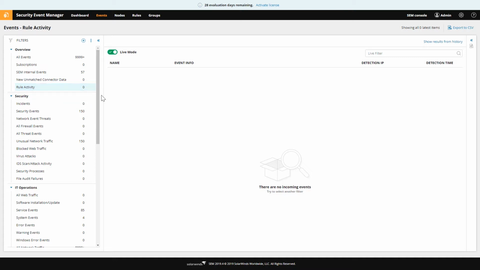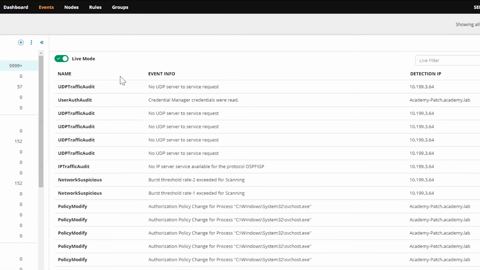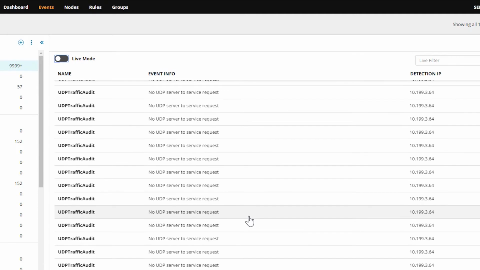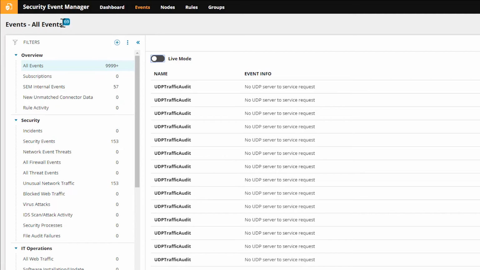Okay, now that's out of the way, let's go to this middle section. Right at the top, we can see that all of our live data is streaming. You can see new events stream in real time. That's because the live mode is enabled by default. If I were to stop this, it would stop the flow of the stream here, and I would be able to scroll down and have a closer look at it without it jumping out of my way. And you'll see on the top left that it continues to increment a number up here. This is all the new events that have come in after I turned off the live mode, so we know we're still getting data. Let's turn that back on and we're back to real time.